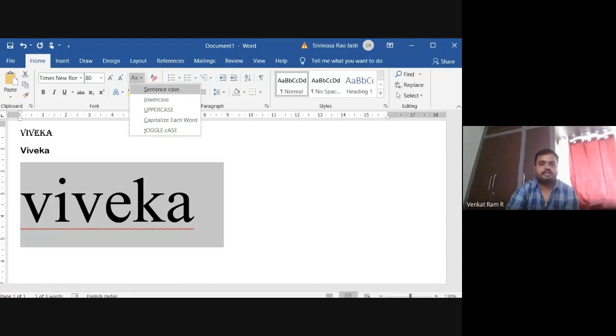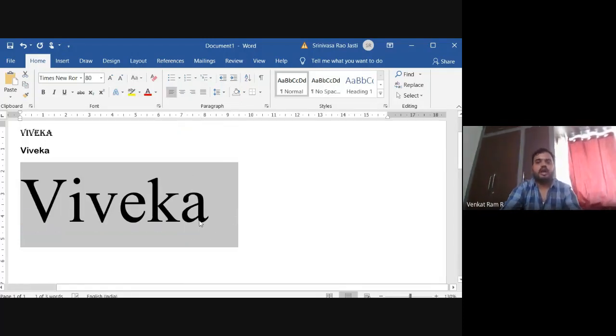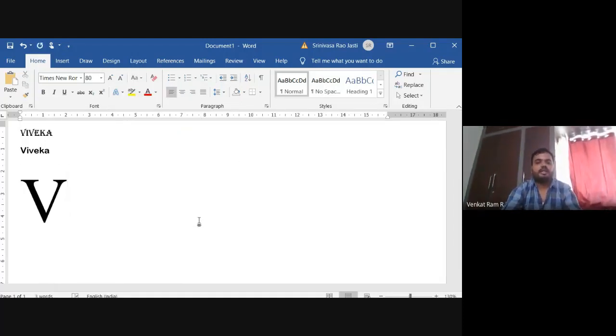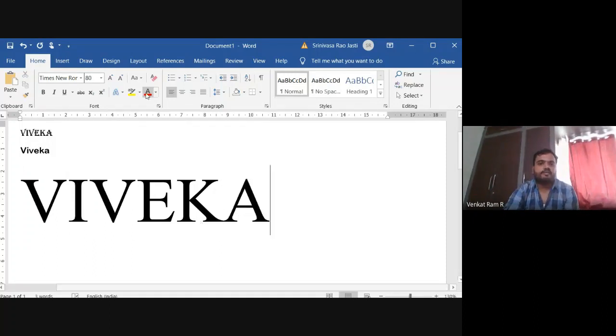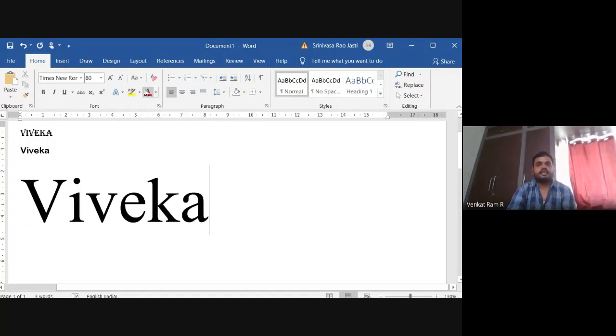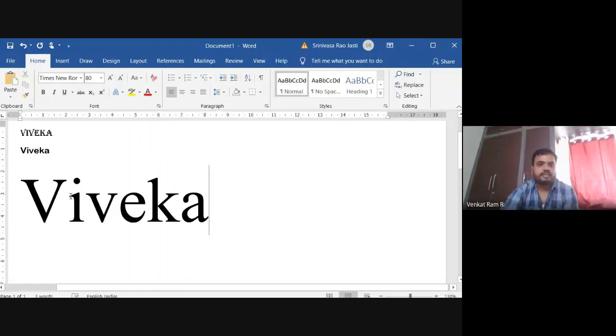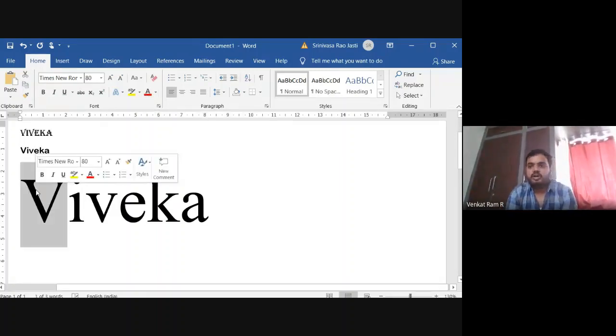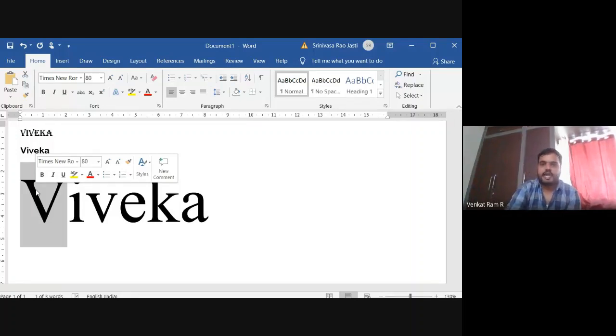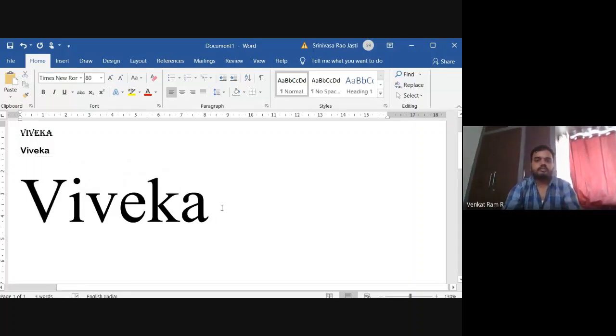See this, I'm typing all in capital letters. Now I have checked the sentence case. What happened? The first letter changed to capital and the rest changed to small letters. So that is sentence case.